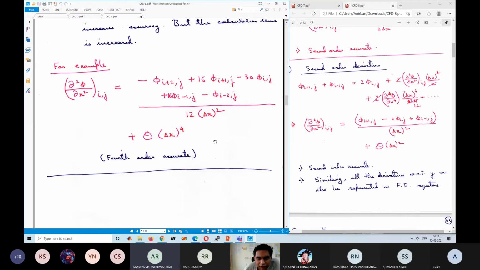Can you repeat again? Sir, instead of writing phi i+2, phi i+1 and solving all these equations together, we can directly write the Taylor series for phi i+2. And then all the derivatives which we don't want, that is the d phi by dx, we can replace by the central difference which we have already found. Yes, that can be done. Correct. That is also another way.